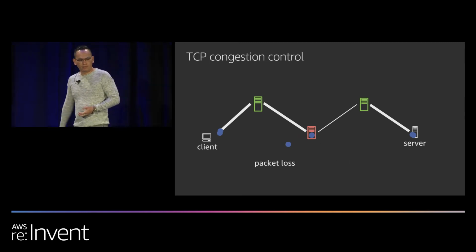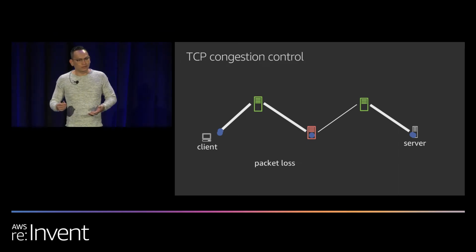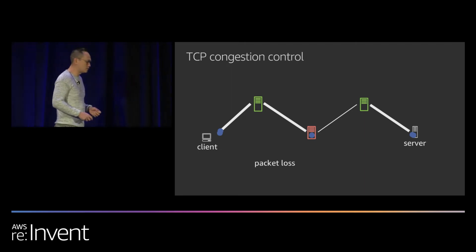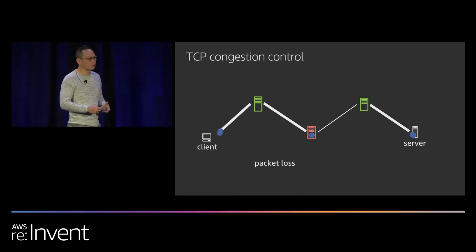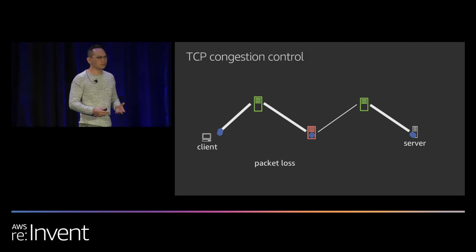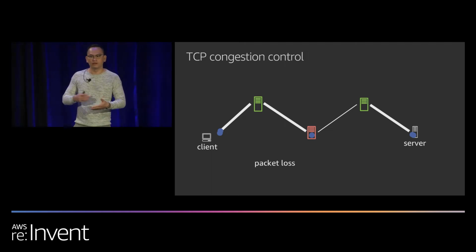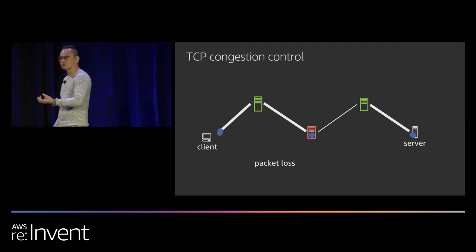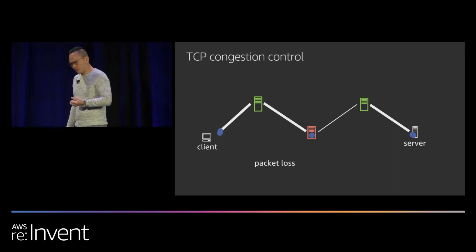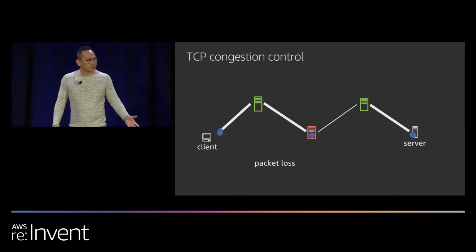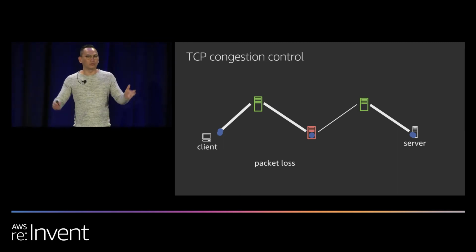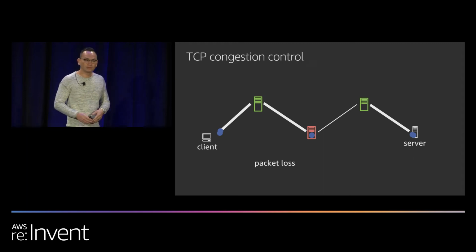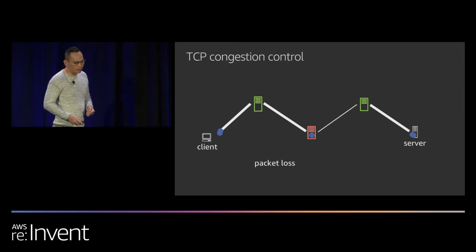And even worse than that, if you send way too much traffic, you might deal with a congestion event like packet loss. TCP has been around a long time, and there are a lot of congestion control algorithms that can be used to determine how many messages can be sent over that connection. Most of them rely on this packet loss event to determine, do I need to scale down my congestion window, or do I want to ramp it up more so I can achieve better throughput?